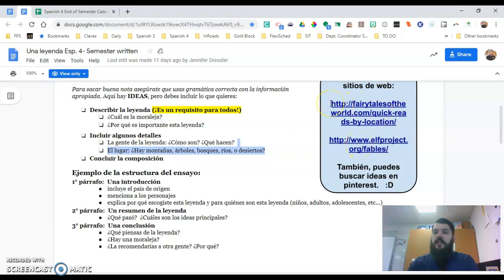You can look up the fairytalesoftheworld.com website. That one works, but it's not as specific as by country, so you may end up just needing to Google this, which is fine. So I'd say a major focus for the rest of class should be you researching a cool fairy tale that you think will translate well into a summary, and also into you retelling the story.